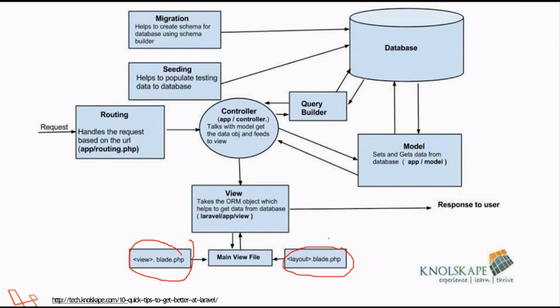Similarly, layout is to be mentioned in .blade.php. So you just have to follow the structure and things will get displayed. If you miss out even a single thing, you are going to get a typical error on your browser. So a complete structure is to be maintained. As far as these basic things are concerned, don't worry about the whole structure as of now, because we are going to see all of this in detail.